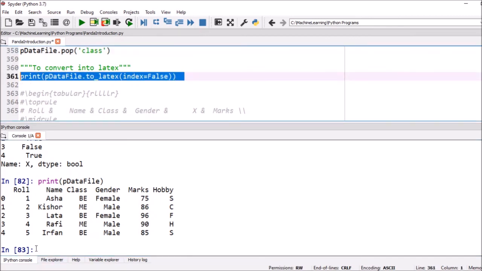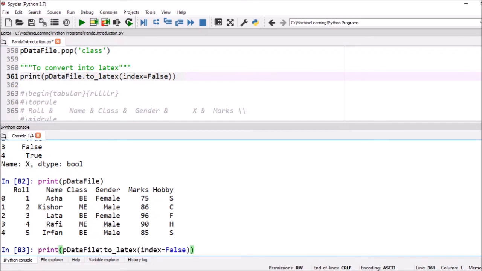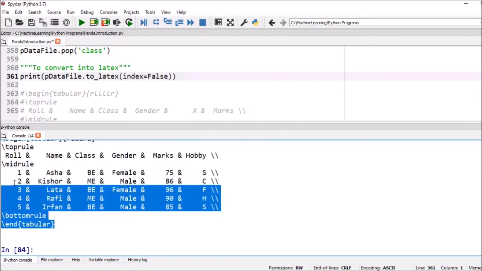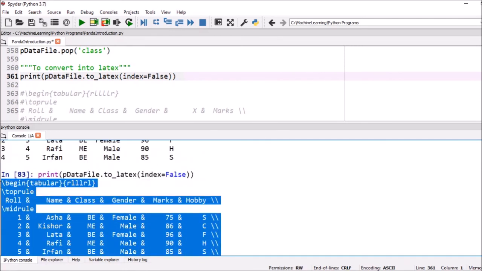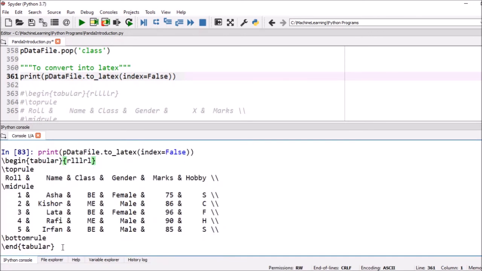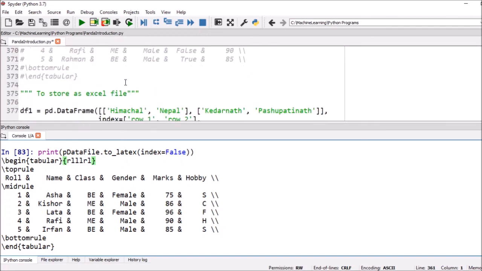So the data frame name dot to underscore LaTeX. Okay, so this is the syntax. We have to write index equal to False, that means we don't want the index also. So you can see here we have converted this into a LaTeX data table. So in this way you can convert this into the LaTeX table. Okay, very effective table.